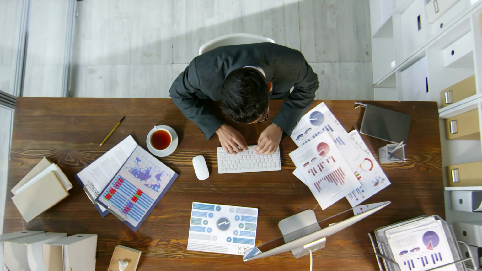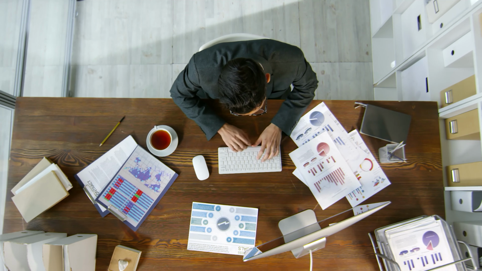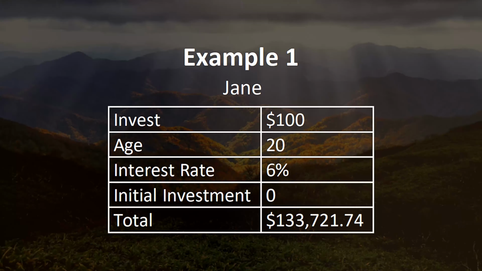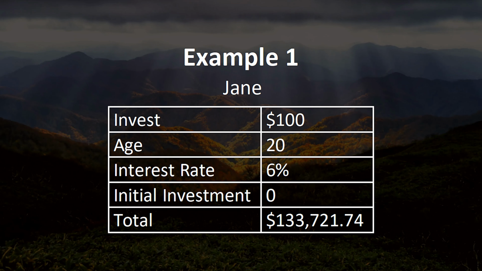Thank you. Of course, none of us will live that long, but I think this example shows very nicely how hard it actually is to fathom exponential growth, and also its crucial role of time. That's why it's so important to start early. Now let's look at a more realistic example. Let's say we have two people. The first one is Jane. Jane starts investing $100 per month, and she starts at age 20. And let's assume an interest rate of 6% per year, and she had no initial investment. At age 55, so after 35 years, she will have accumulated